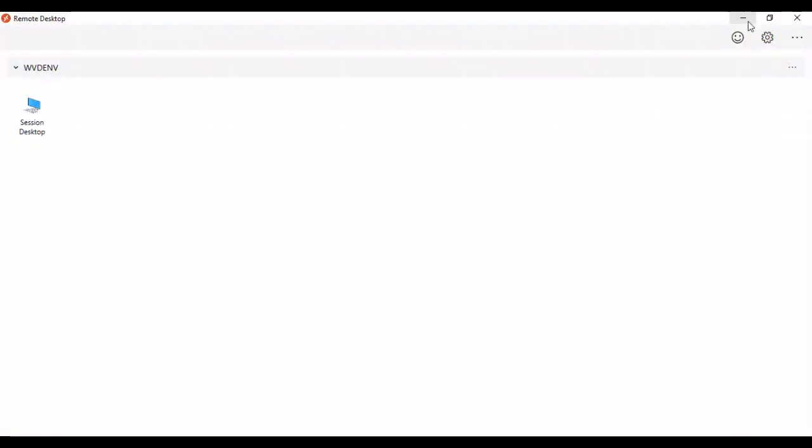So first, we'll take a look at how we can access Windows Virtual Desktop through a remote desktop client, which can be natively installed on any device of the user's choice, and how the look and feel is going to be. So let me just quickly present you the screen here.